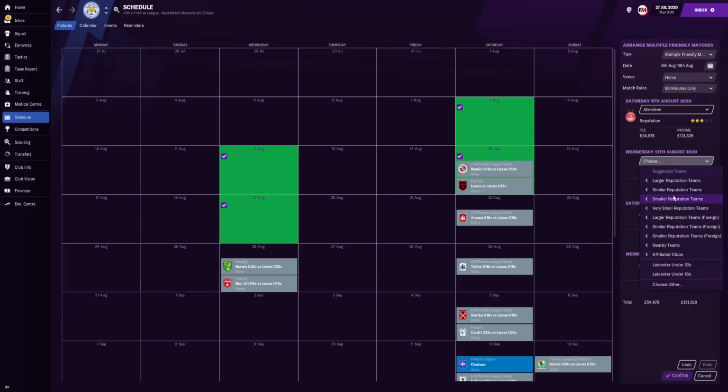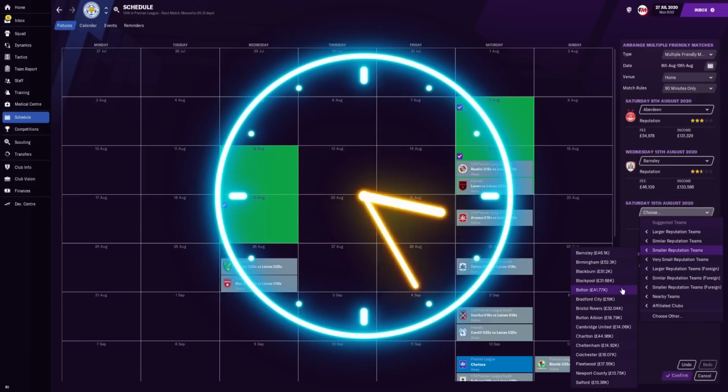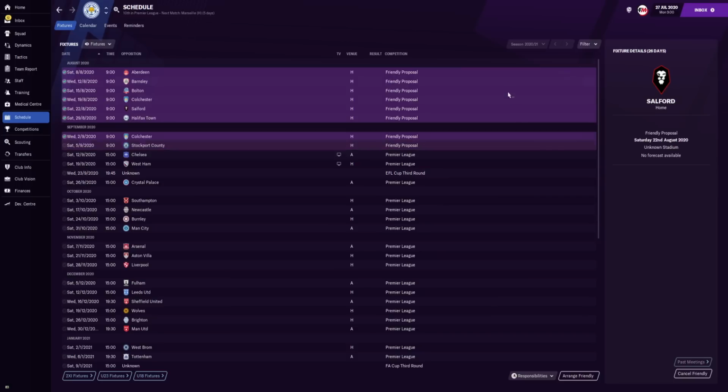So what we're going to do now is just sort out our friendlies, and we're going to put them against some winnable teams like Aberdeen, Barnsley, Bolton. So here you can see I have now arranged all of my friendlies. We currently have around 9 friendlies. In the first week there's no friendly. We start our friendlies during the second week on the Saturday, and then we start to have them every other